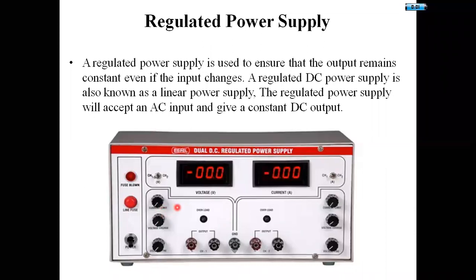Voltage variation and current variation for each channel will be done by using these knobs, whereas the same terminals are present across these two sides. If I am operating this channel, I will use the channel 1 terminal. If I am operating this channel, I will use channel 2. After powering on, we will see the voltage levels and current levels in the circuit. Basically, we will give some voltages in the circuit.